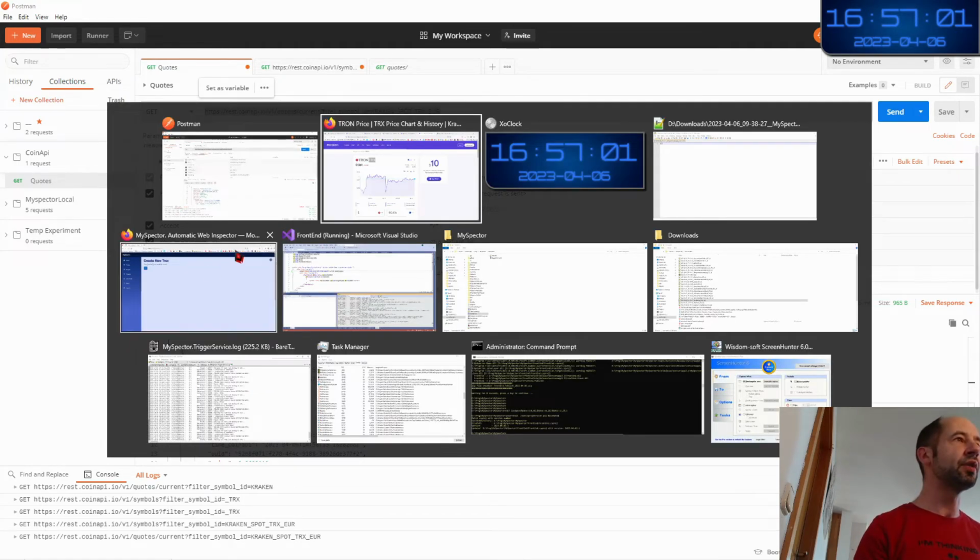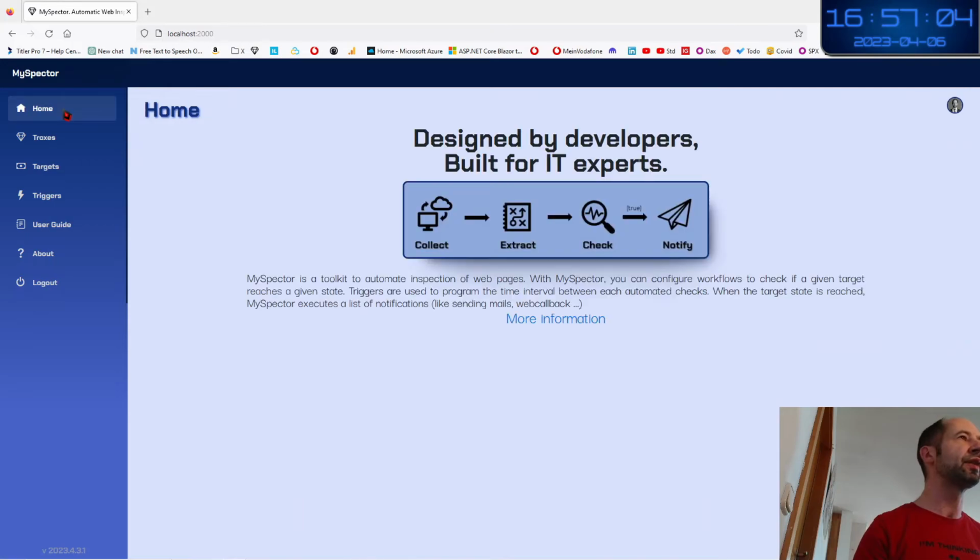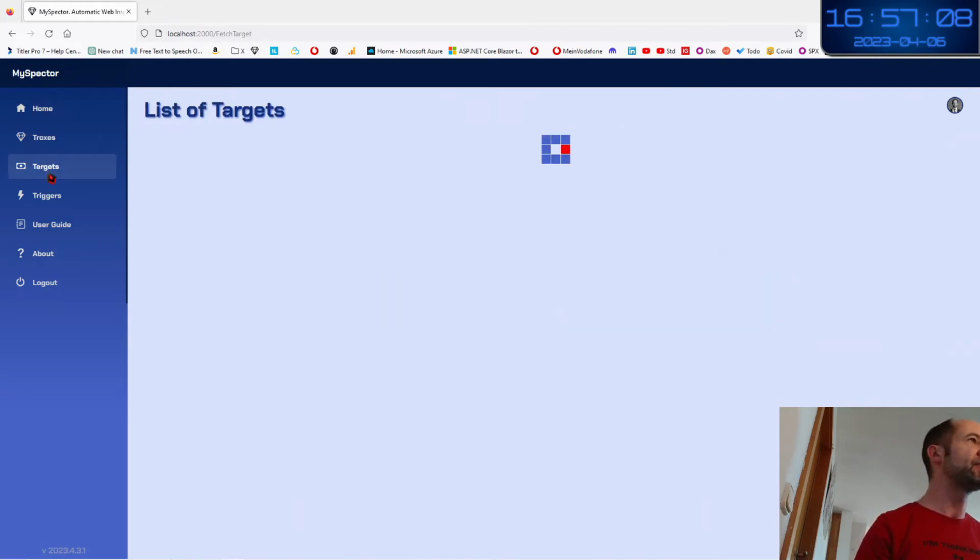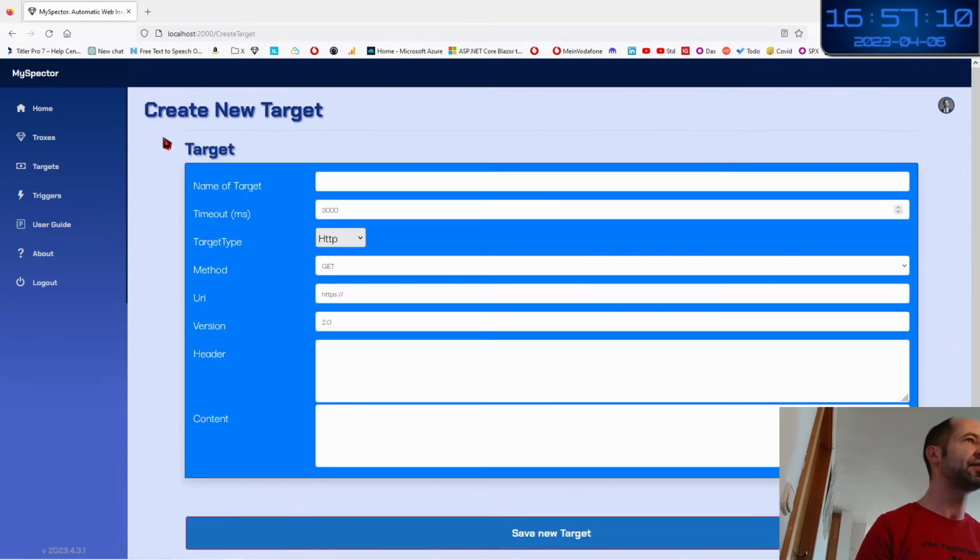So I'm going to the MySpector website. You must log in. Then you go to the targets. Let's first create a target, which is an HTTP target. Name, this will be the Coin API with the price Tron.